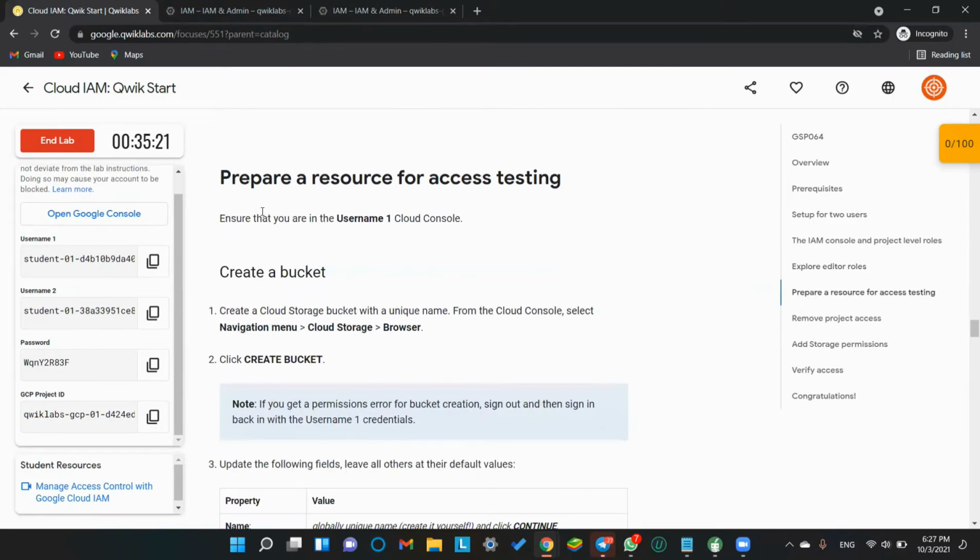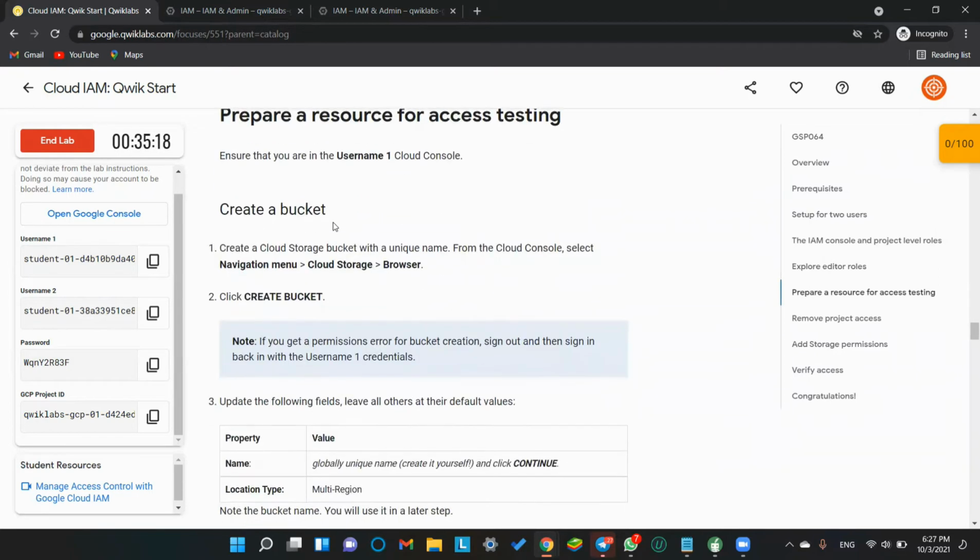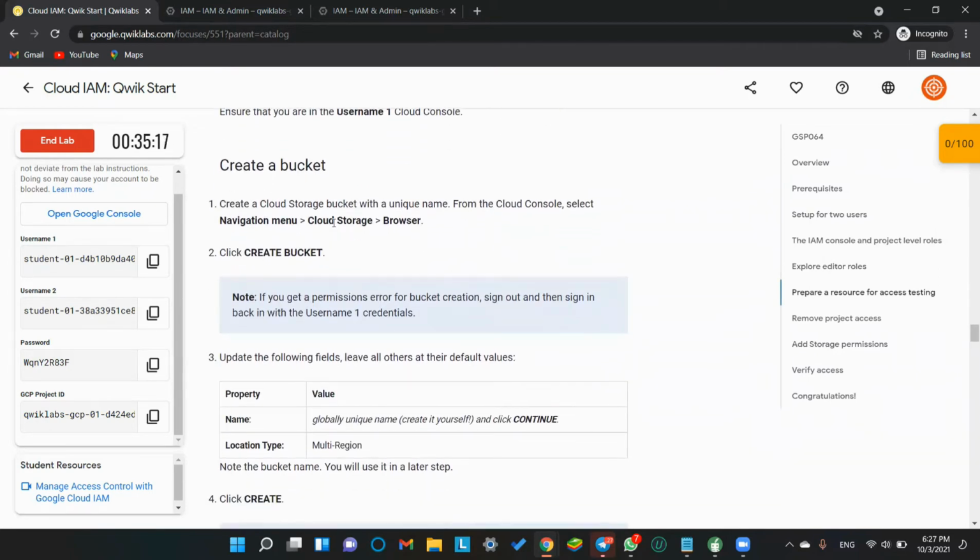Prepare a resource for access testing. Ensure that you are in the username 1 Cloud Console. Create a bucket.